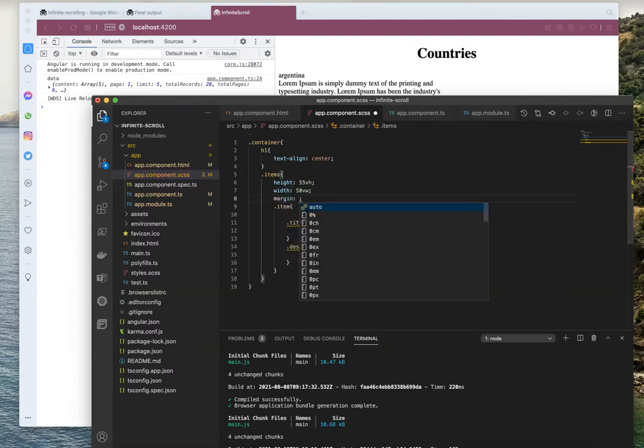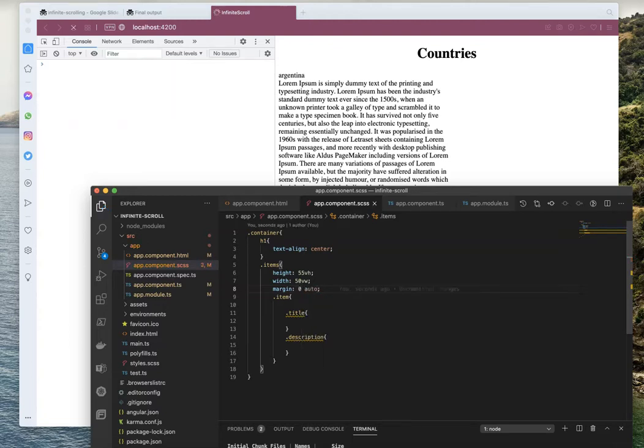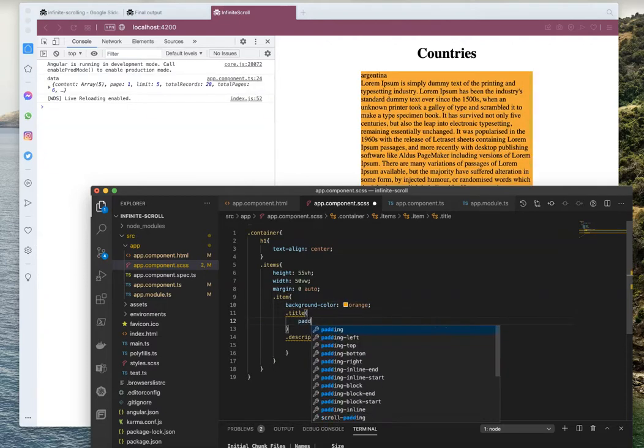We will align the content to the center of our screen, and we will add background to our items. Adding styles to our texts.